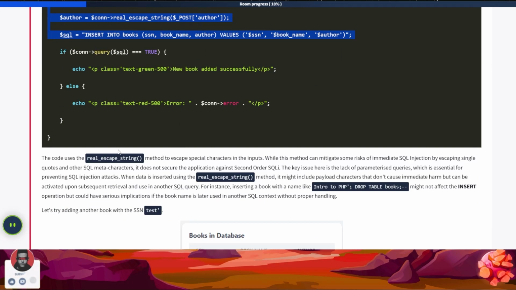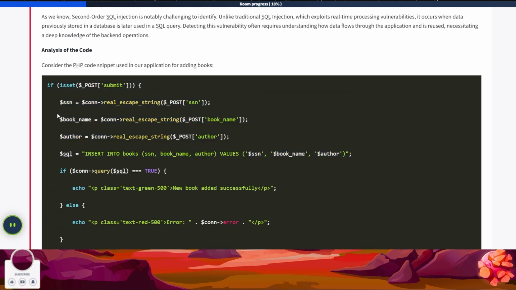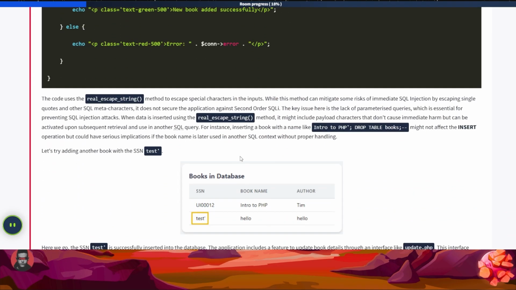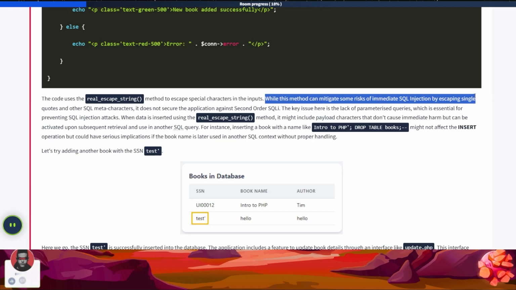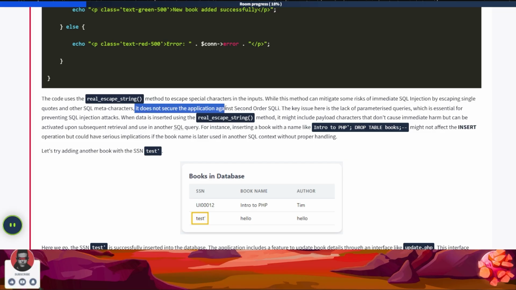Consider the PHP code snippet in our application block for adding books. So this is the code snippet that the website is using to add the book. $_POST SN, mysqli_real_escape_string. The code uses the real_escape_string method to escape the special characters. Yes, there is some sanitization. While this method can mitigate some risk of immediate SQL injection by escaping single quotes and other SQL metacharacters, it does not secure the application against second order